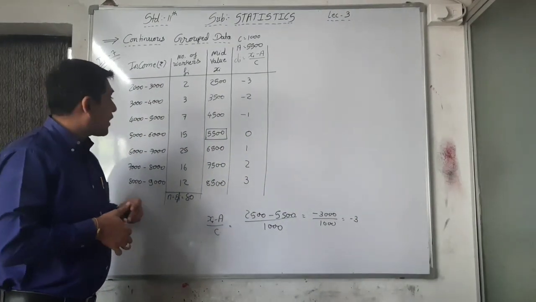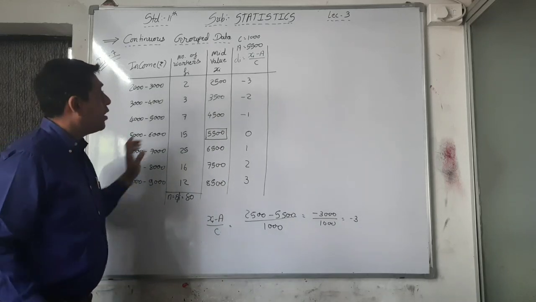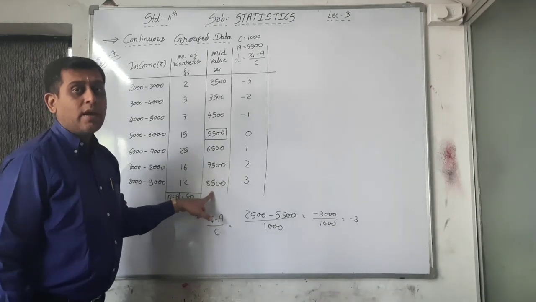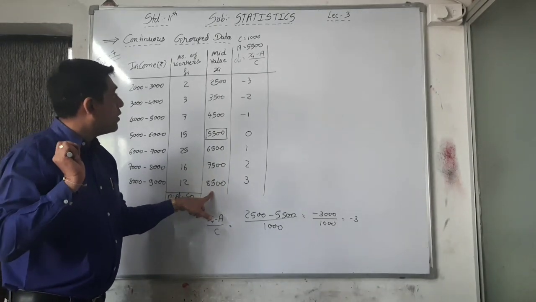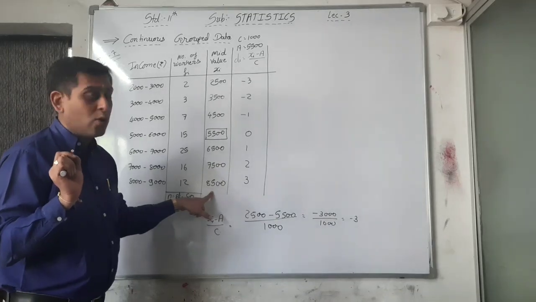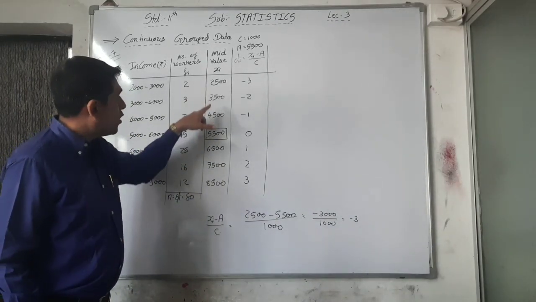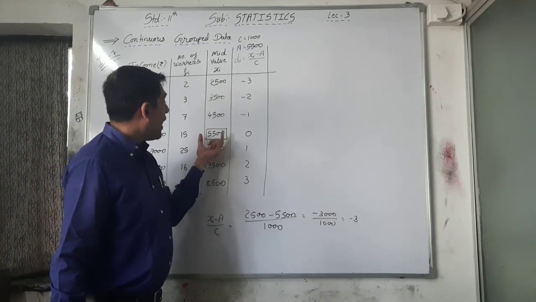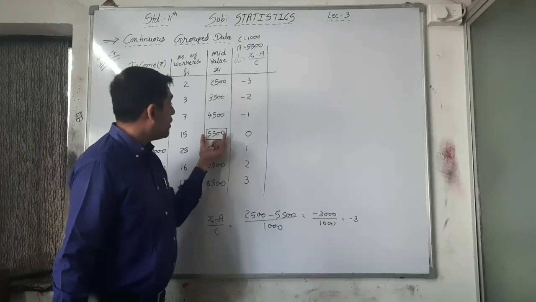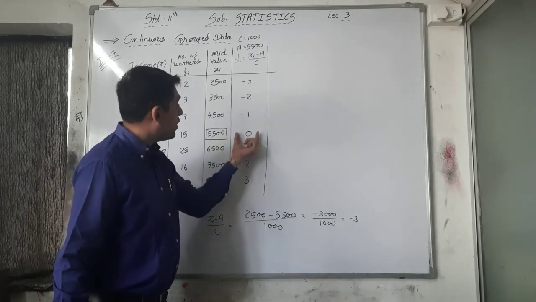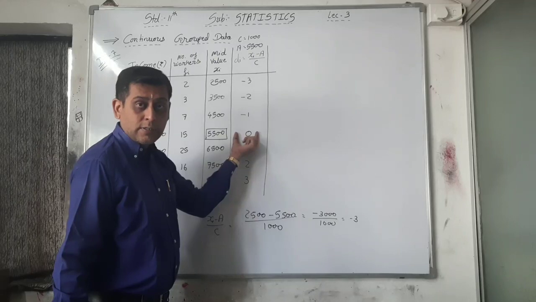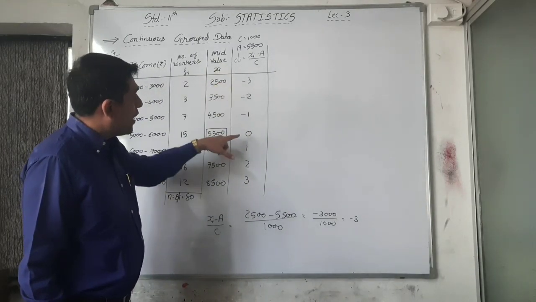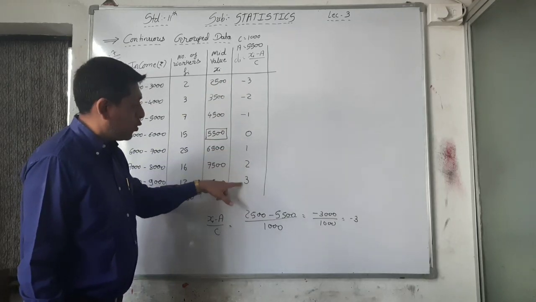So whenever the class interval is equal, here you have to find xi, that is the mid value, in the easiest way. I have given you the shortcut method to find the mid value by adding just the class interval to find the next mid value. And whenever you assume any of these as the assumed mean, then you have to write 0 in front of it, then above it you write -1, -2, -3, and below it you write 1, 2, 3.